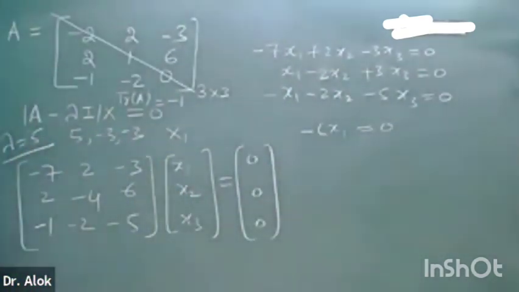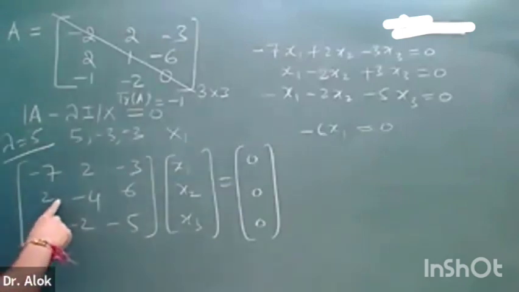Please see. Here there is some mistake. Minus 2, 2, minus 3, 2, 1. This was minus 6. 2, 1, minus 6. And minus 1, minus 2, 0. So here what it will become? If I subtract